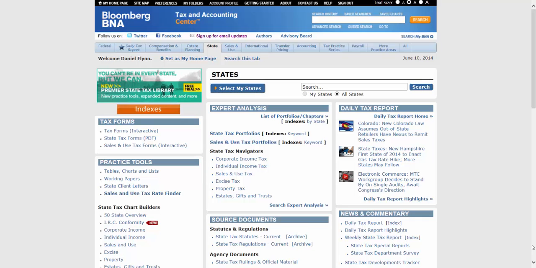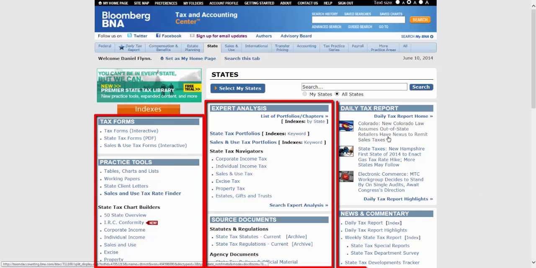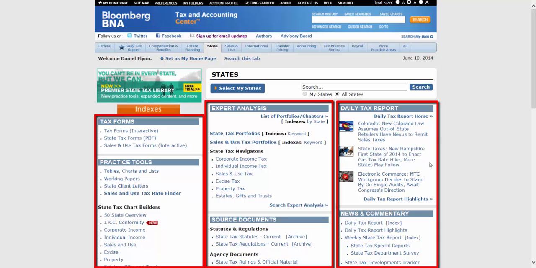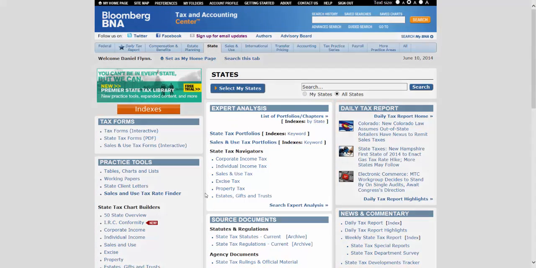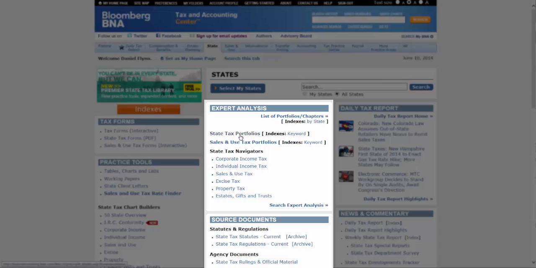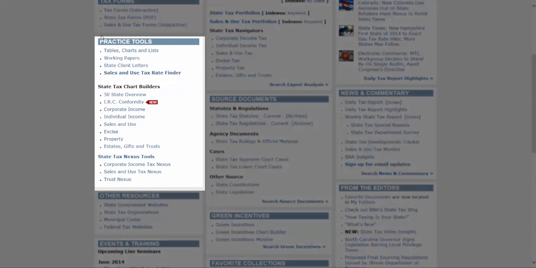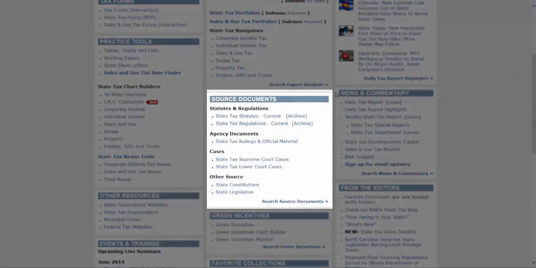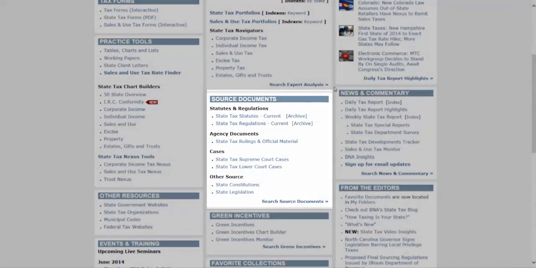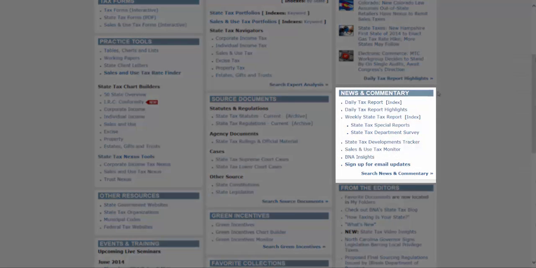Let's take a few minutes to provide an overview of the state-related material on the Bloomberg BNA Tax and Accounting Center. Again, similar three-column approach that we've been working with on our federal tab. In the center of the screen, expert analysis, including portfolios as well as navigators. Practice tools down the left-hand side of the page. State primary source information in the center bottom. And then all of the related news and commentary dedicated to state tax along the right-hand portion